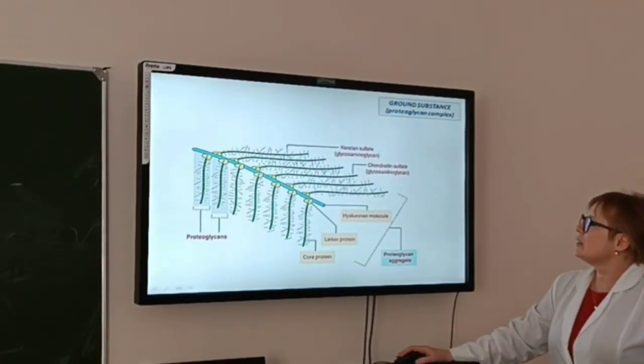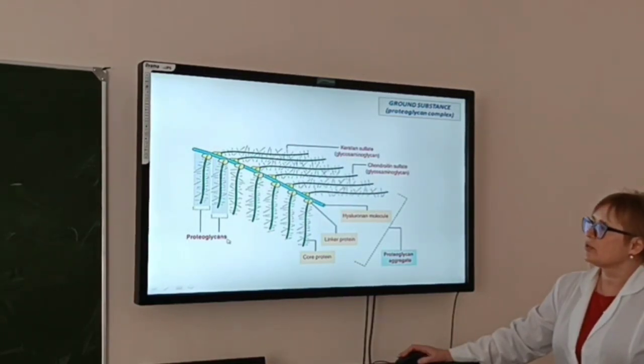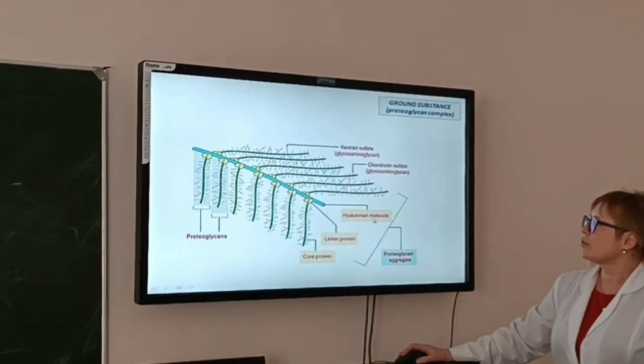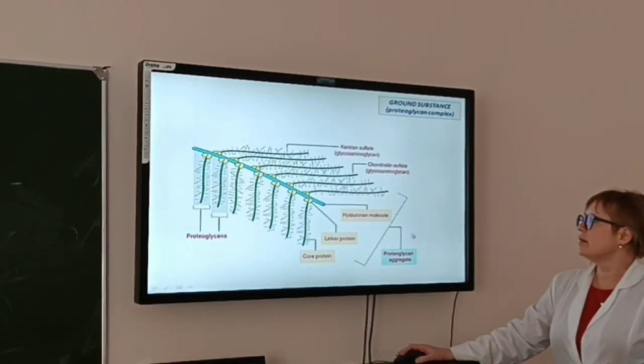All glycosaminoglycans attach to this protein, and so all together we name these proteoglycans. Proteoglycans, using a linker protein, can attach to the hyaluronic acid molecule of blue color to form a so-called giant